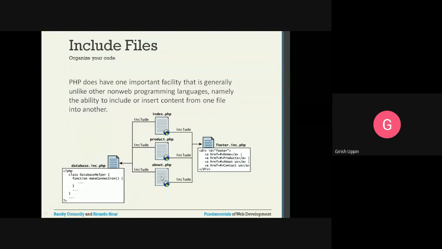Then about.php files where it is included. So the footer, you can see the footer is a div. It is showing links: home, products, about us, contact us, side by side. So hash, as you remember, if you click on the hash, it will take you to the top of the page. If you want to have the actual code, then you will point it to the index page, and products will point to the product page. So from the footer, you can directly navigate to the respective page.